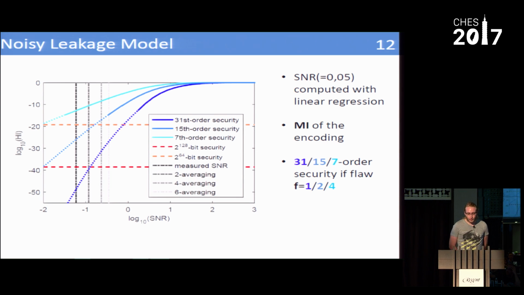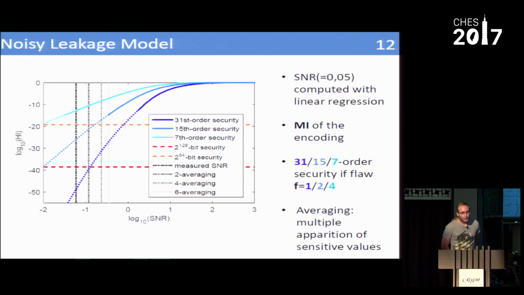We have also looked at another kind of adversary which can exploit the fact that you have repetition of your encoding at some point. You can use this repetition to do averaging and reduce the noise. The numbers come from the fact that in our code some value was repeated 6 times at max. And here we see that, of course, the security is decreasing.